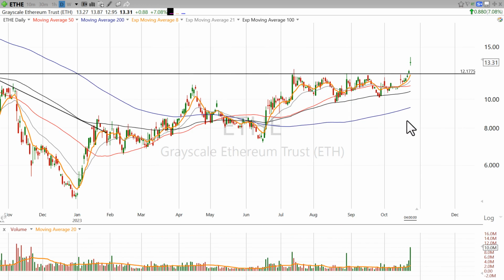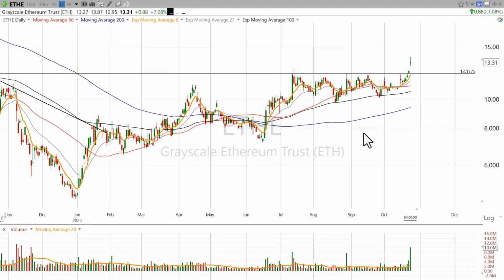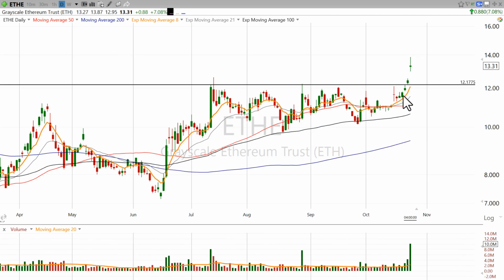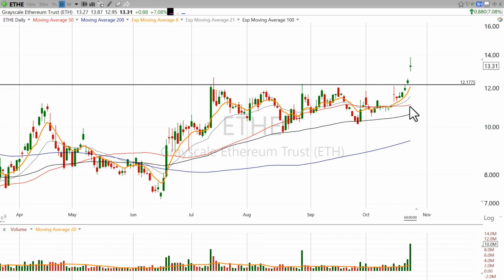I even made a joke last week that Ethereum might be the future of finance because Goldman Sachs is clearly in an ugly downtrend. Now, I don't know if it is the future of finance, but this chart told me that we needed to pay attention to it. And if you did, you're sitting pretty here today as the stock is up just about 14% since we talked